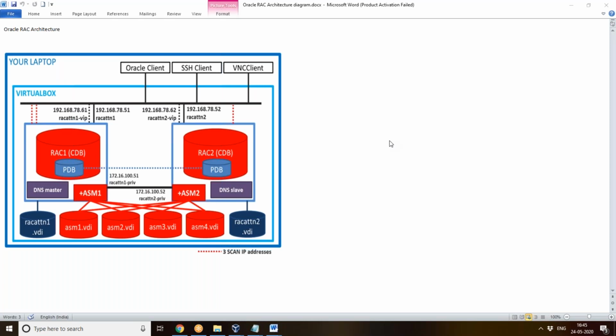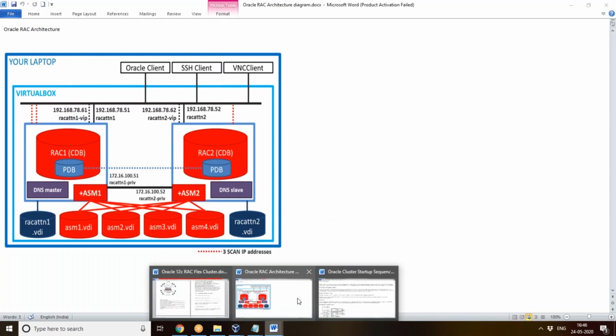We will have such scenarios when your space is not enough, when your RAM is not enough, or due to some network inter-instance communication problem, when the private interconnect is not there. In those situations, when your space is not there, or the network bandwidth is not enough, or your inter-instance communication is not proper, node eviction might happen. So that is the meaning of the voting disk.